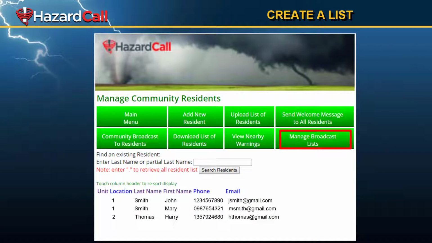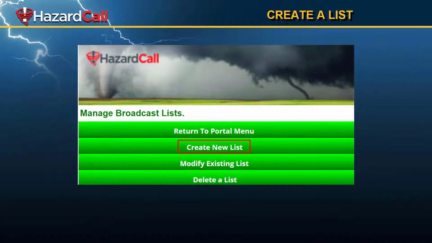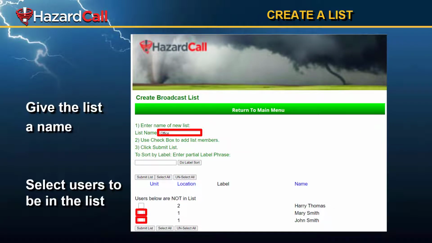So to do this, you go to the last green box in the second row that's labeled Manage Broadcast Lists. You click on that, and then we're going to create a new list. Let's say we're going to give this list the name Office, and we're going to put Mary and John Smith into the Office group. So we give the list a name, and then we go down and we check the names,